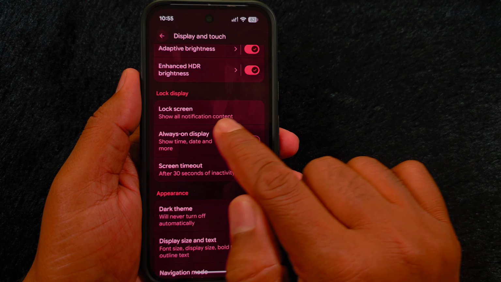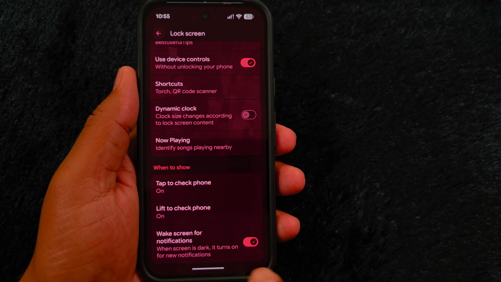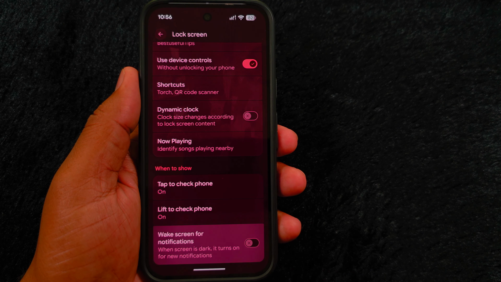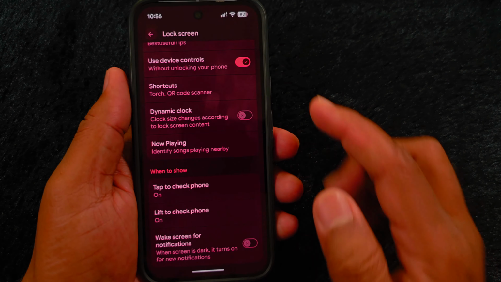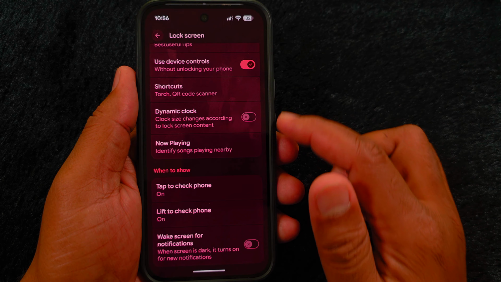Go back and open Lock Screen Settings. Scroll all the way down, and here you'll find the option called Wake Screen for Notifications. Simply turn this toggle off, and your phone will no longer wake up the screen whenever you receive a new notification. So this is a very useful setting if you want to disable wake-up notifications on your Google Pixel